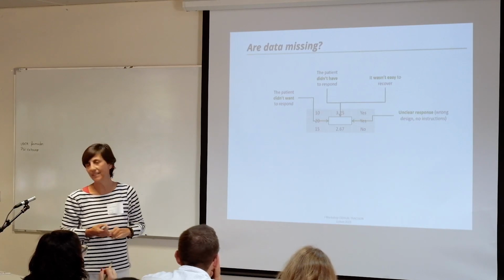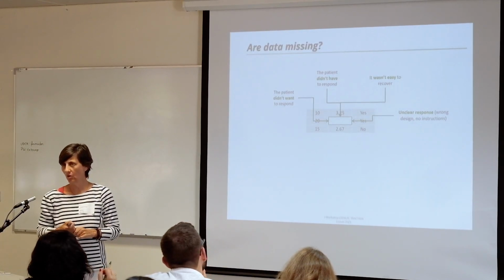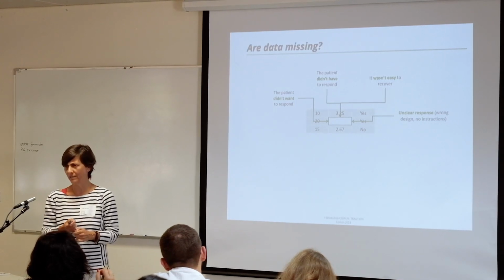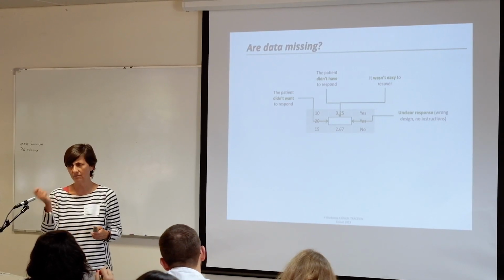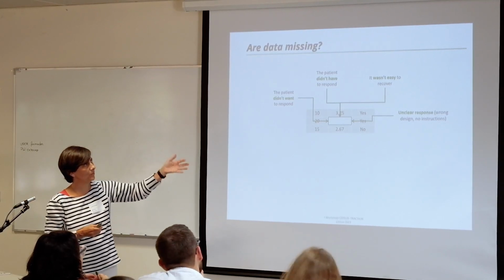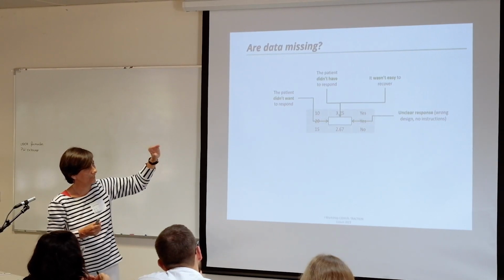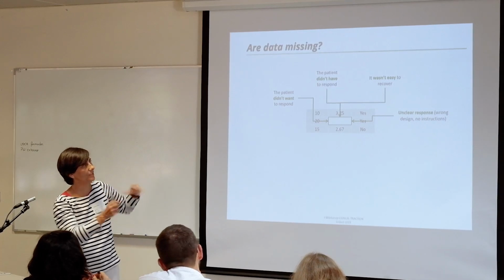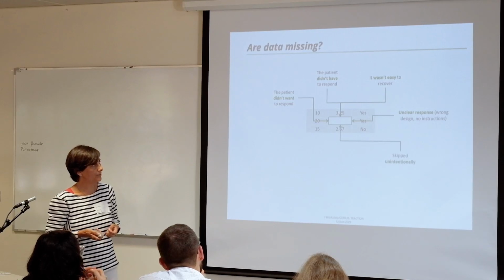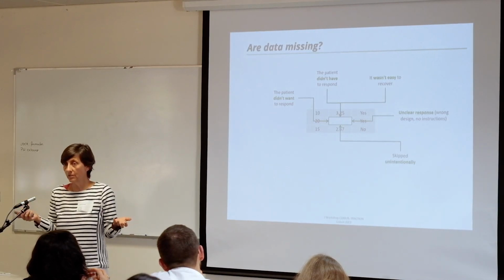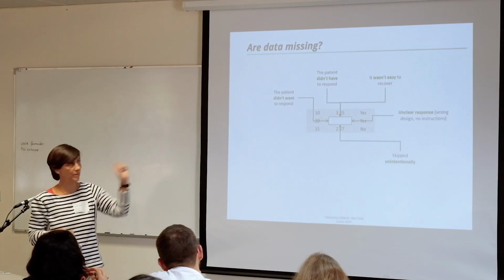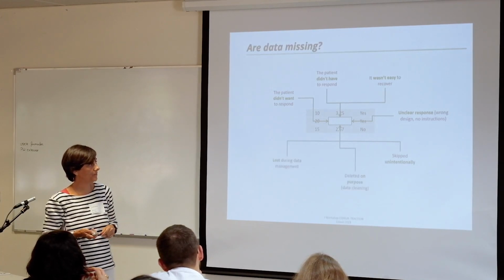Perhaps it wasn't easy to recover that data, or they don't know where to find it, or the responses were so complicated they didn't know which one, so they said other or, yeah, out. So when the specific field, the variable, is not easy to recover, maybe you get that as well. Sometimes it's just unintentional. This is the easiest one because you can go back and just check, right? Maybe you missed entering the data.